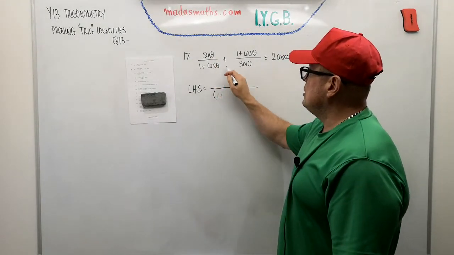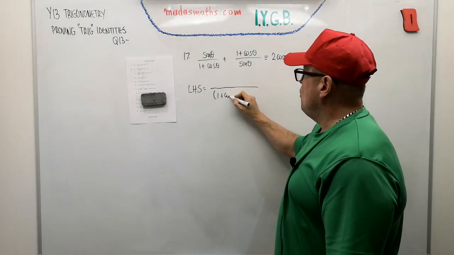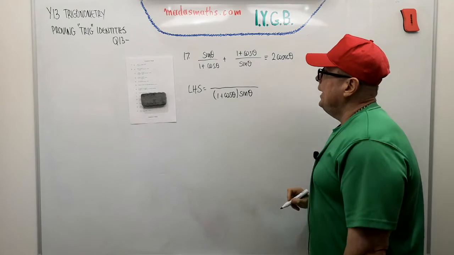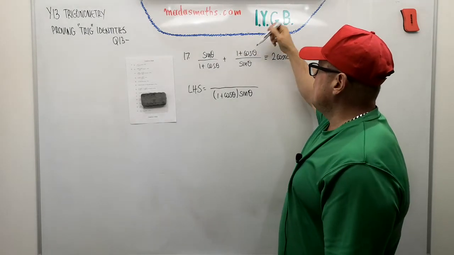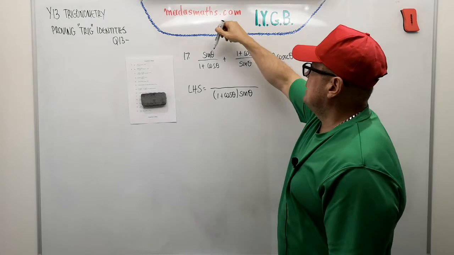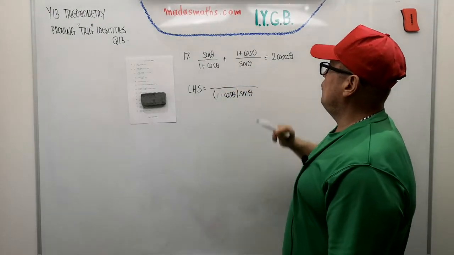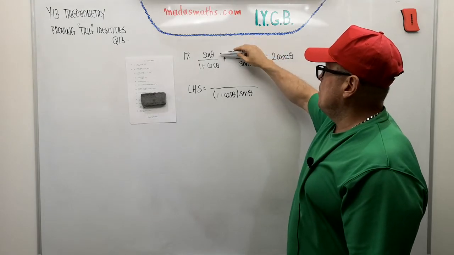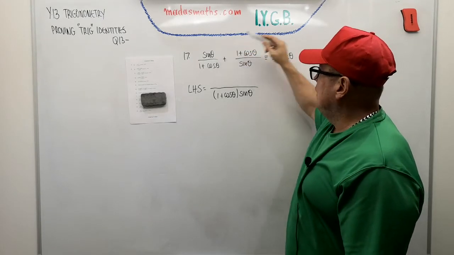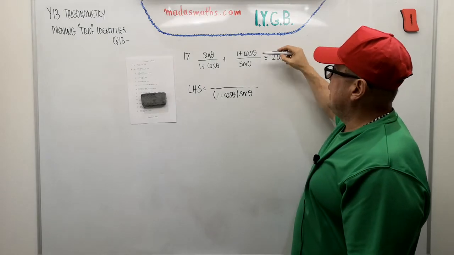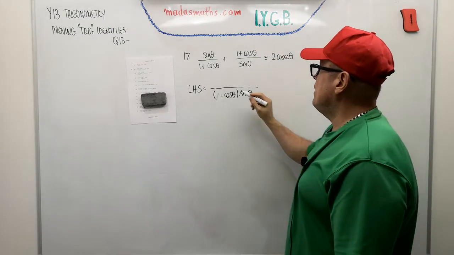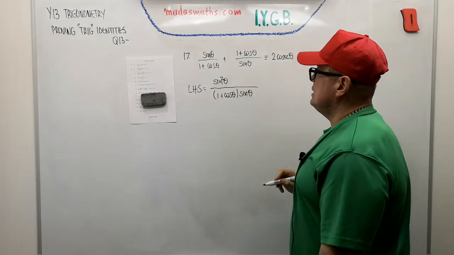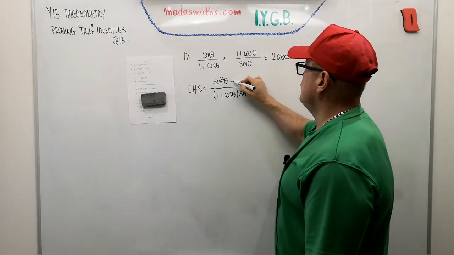So the lowest common multiple is that times that, 1 plus cos theta multiplying the sine of theta. Now, you know that some people kind of see that as multiply the sine across and the 1 plus cos across. That's fine, it's the same thing. You can think of it also as multiply top and bottom of this fraction by sine theta, and top and bottom of this fraction by the bracket 1 plus cos theta. Both of them are equivalent. So whichever way you do it, I'm not going to be teaching you here how to add algebraic fractions. We're going to get